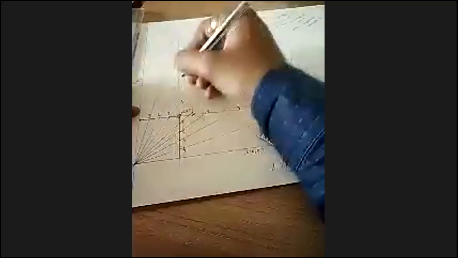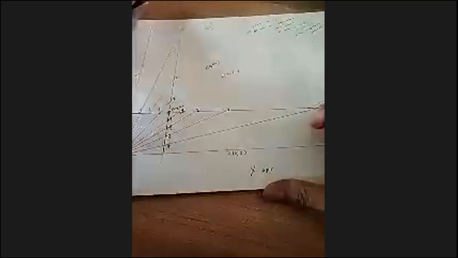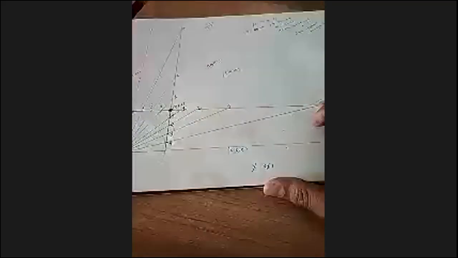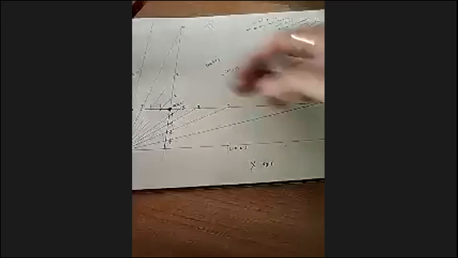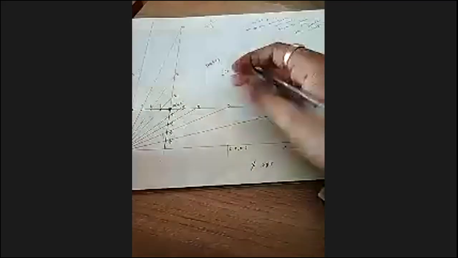So I will again read 2 and 3. What is the standard procedure? Tell me. Vertical line and horizontal. Correct. From this point. So how you will do? Tell me. Then I will.